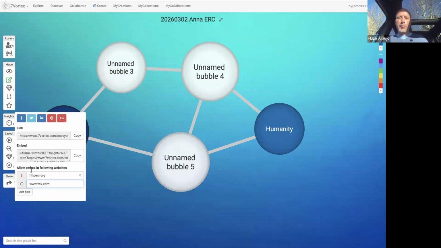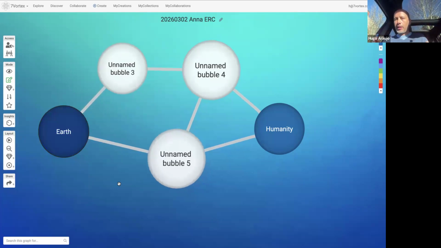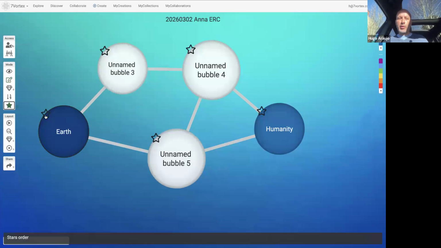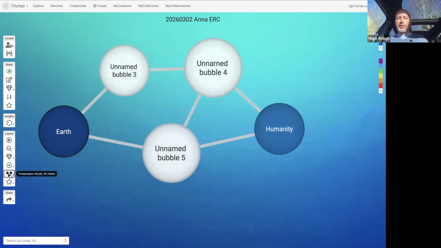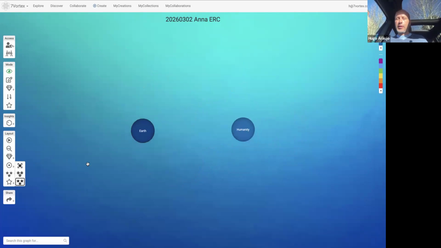Okay. So you have this one, and then you can put an iframe wherever you want, and that will be interactive. So you will have this window that you are looking at here in any website, so people can actually interact. If I just want to show this one, for example, the Earth and humanity, I use the stars. I click here and here, and then when I'm in the preview mode, I can see just the stars. So I can, for example, present it like this, and they need to come, and when they hover, they can click. So you are building kind of a story, right?